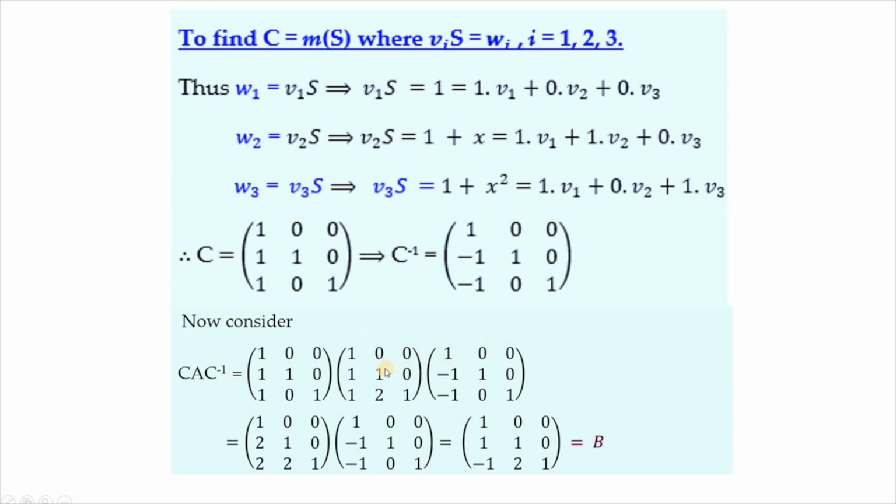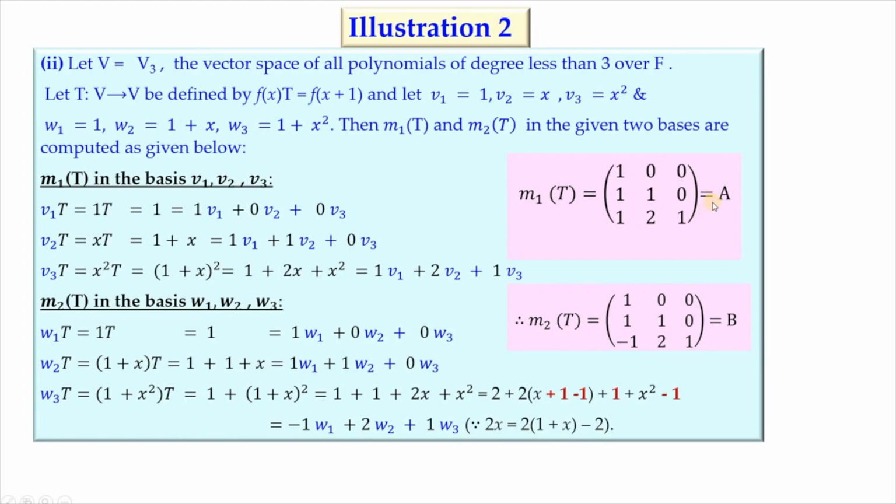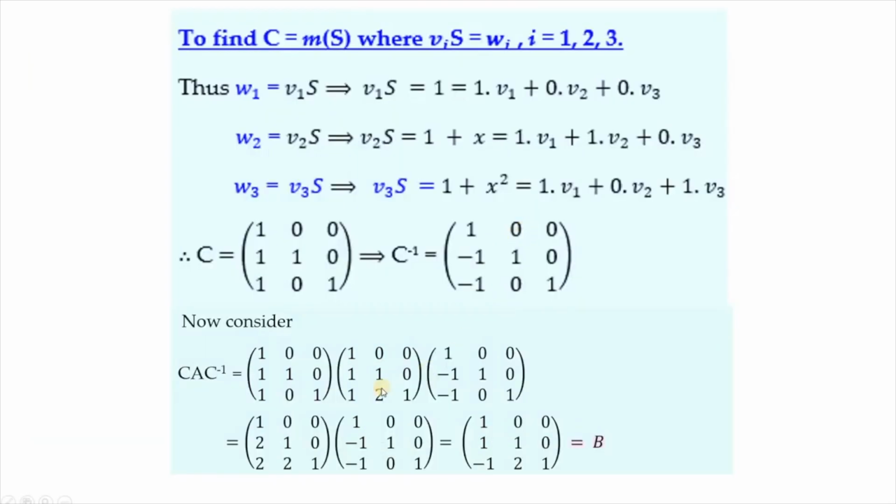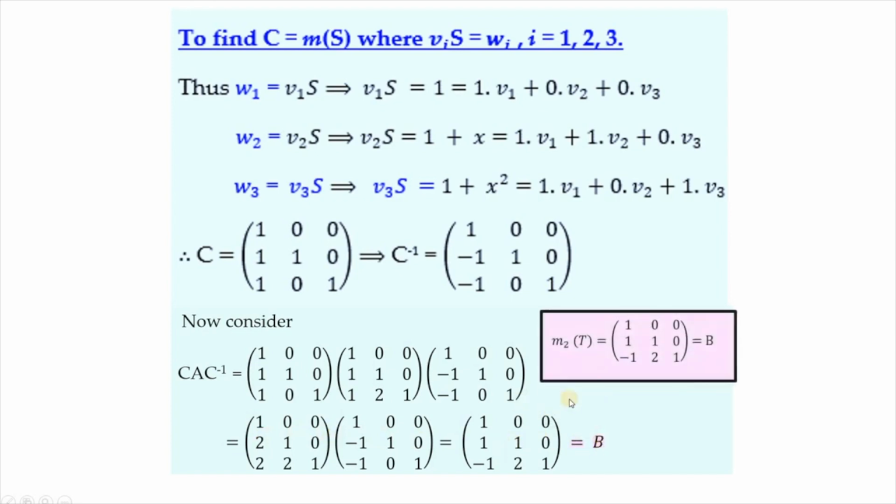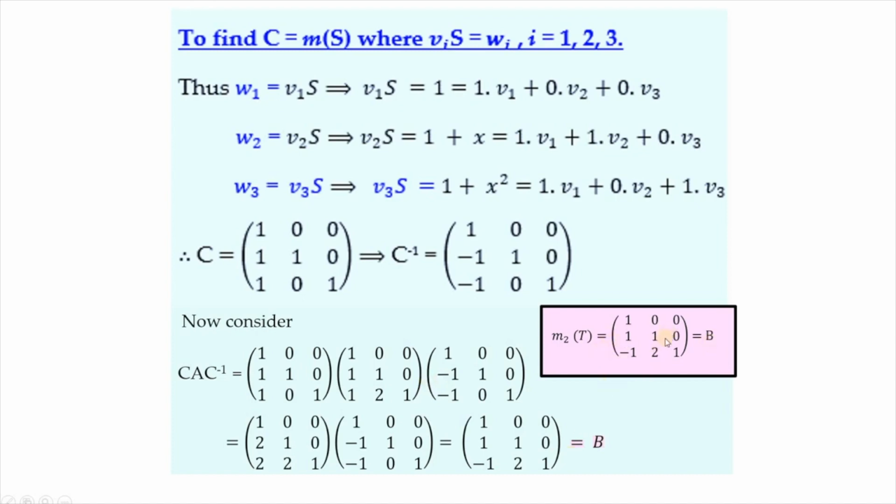The matrix C is known, and matrix C inverse is also known. A is the matrix we have already written in the previous slide. A is this matrix. C, A, C inverse: 1, 0, 0, 1, 1, 0, 1, 2, 1. And C inverse is written, and multiplying these two matrices we get this, and then the resultant is multiplied with the last one, the third matrix, and we get this, which is nothing but the B we had already in the previous line. The B is the same matrix. So it is another illustration, but from the vector space of all polynomials over F.